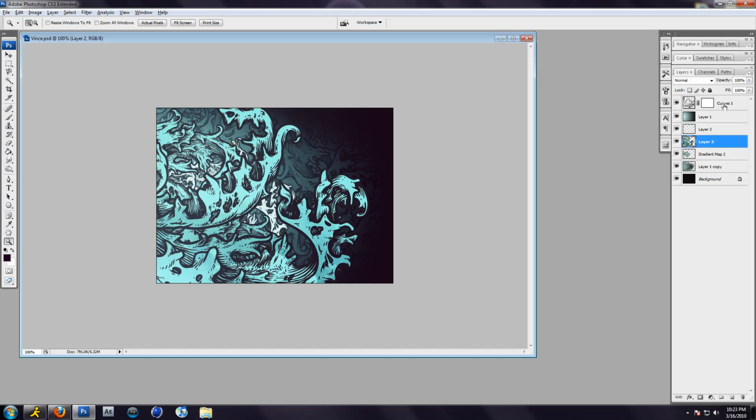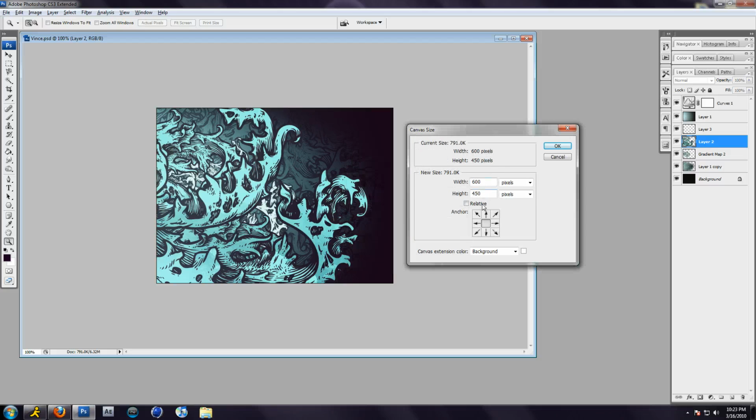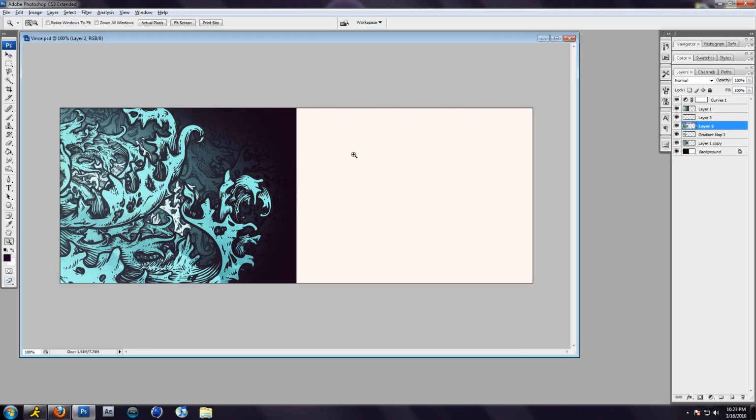Most people may just start over and make a 600 by 450 image and just try to get it as close as you can to the previous one. I'm going to show you a quick way how you can make that a lot easier for yourself. We're going to go to Image, Canvas Size. Now we're going to use this anchor here, and we're going to push it all the way to the left. Then we're going to add 600 pixels to the width. See what that says? It makes a nice little block for your submission, and you still got this one to